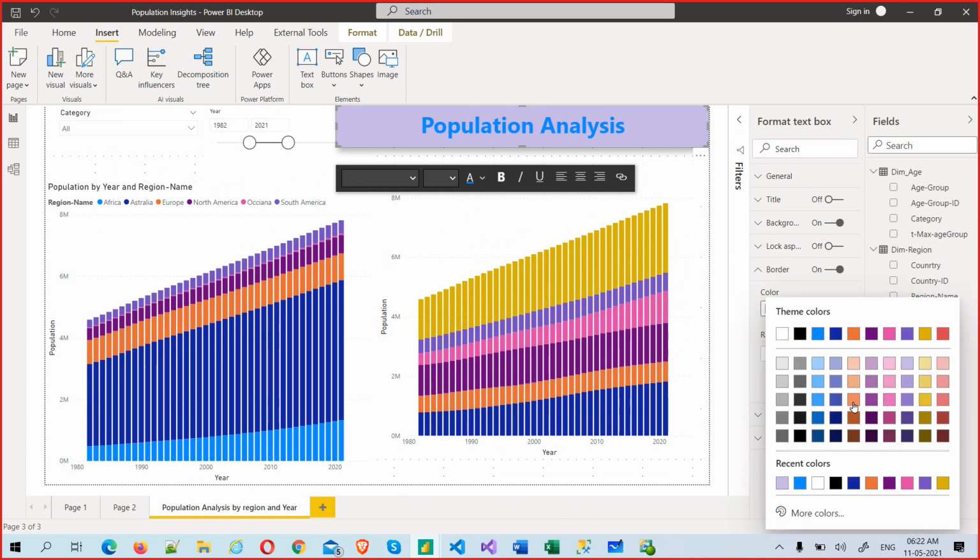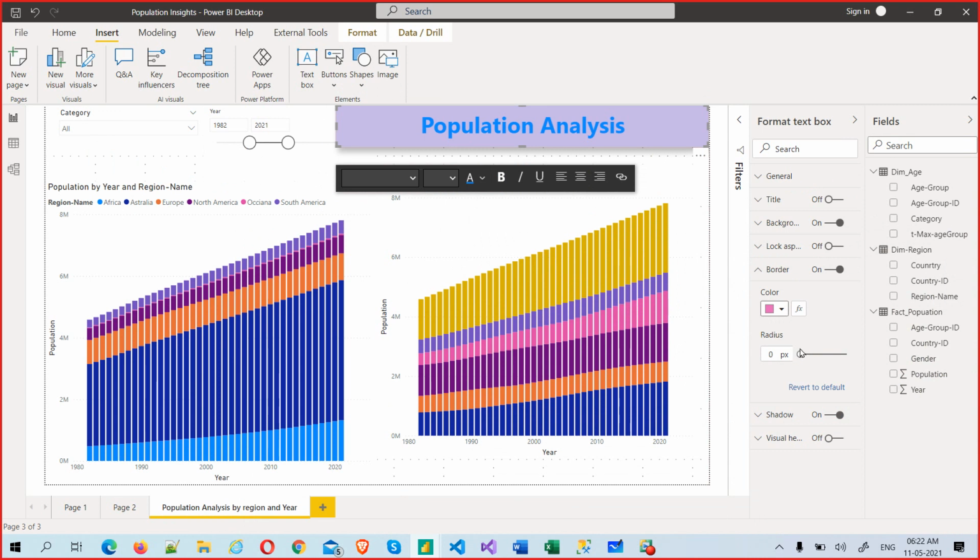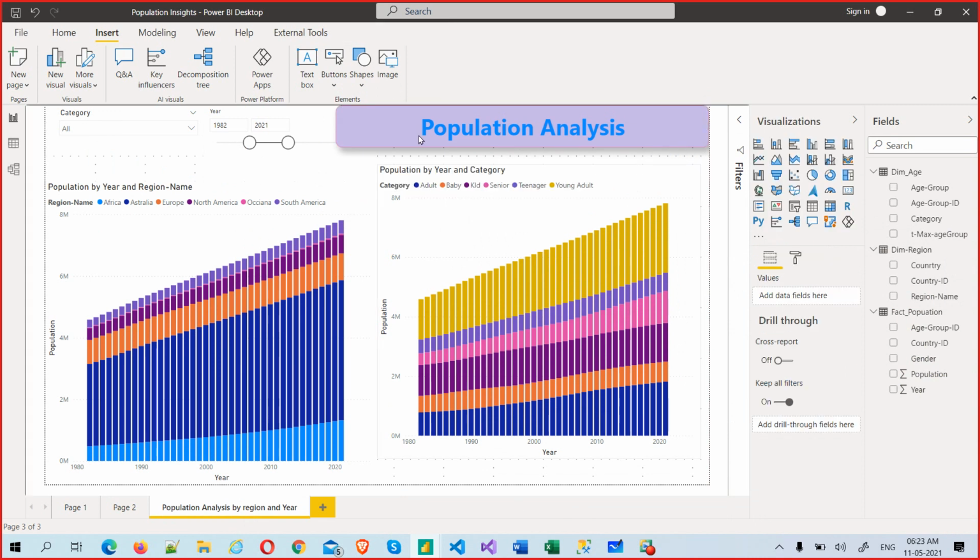Radius will make the corners rounded instead of square, and shadow will give you a shadow. You can do a lot of formatting. We'll come to that in the visualization part.